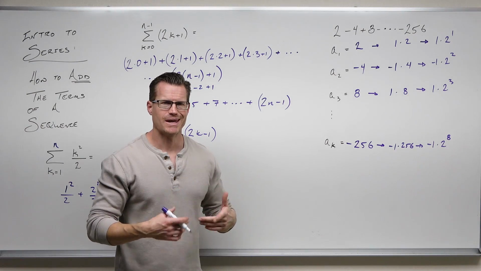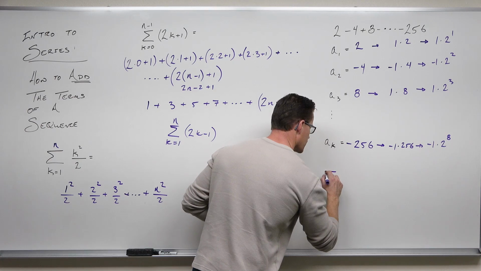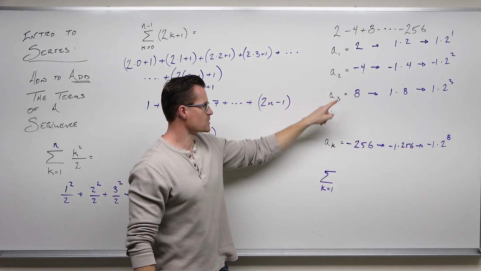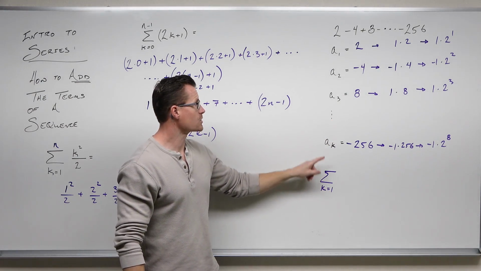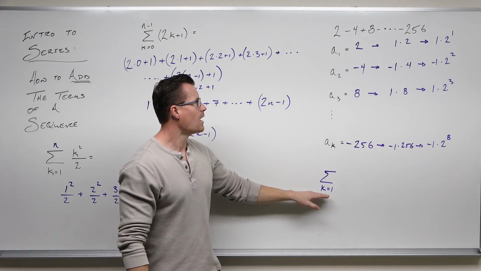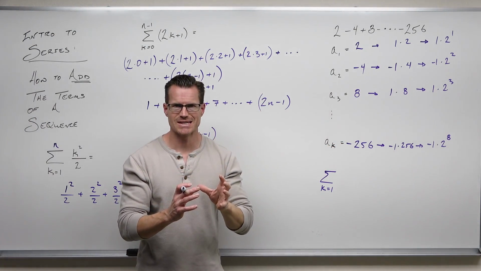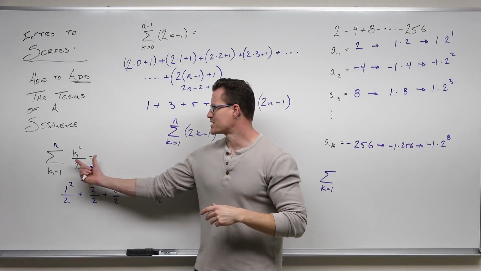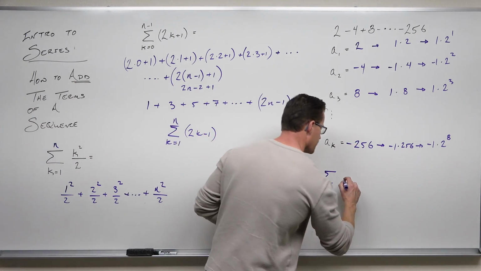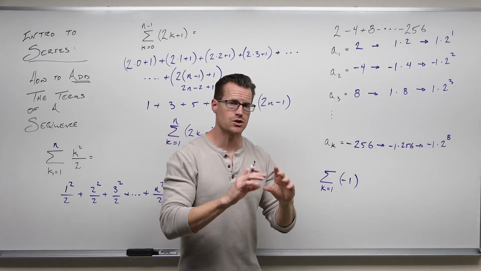And now we're ready to start making the jump for our series. So I know it's being added, so that says we have a series. I know I have to start at 1, and so we're going to have this case of 1. So I know that our first term is going to be our first term in this series as well. I now need to start representing all of this stuff that's not changing, just like we did a sequence. Why? Because a series is based on a sequence. You need to have the same exact sequence. So our sequence should have a -1 in it. Our sequence should have a 2 in it, because the -1 and the 2 are not changing.